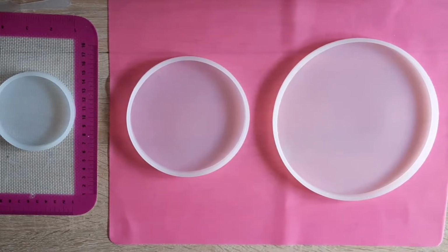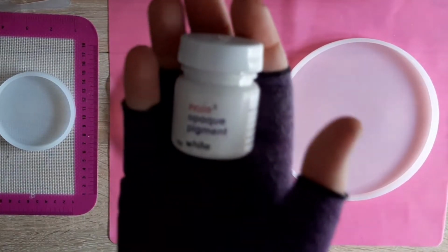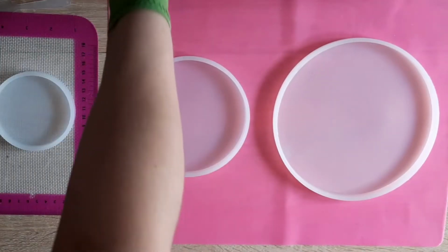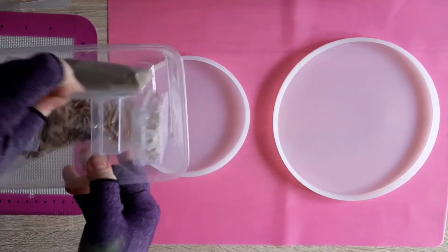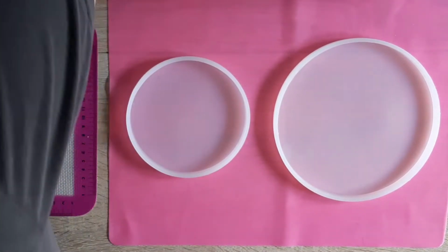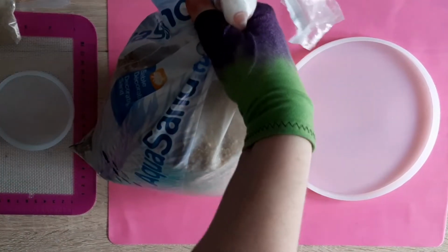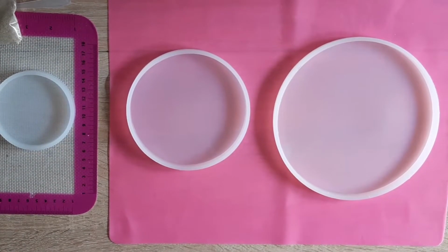Pigments from Resin 8. I've got my Resin 8 opaque white, which is just the best thing in the world for making waves and sails and lacing. I've got my bag of seashells and starfish. I also have some Resin 8 fine sand, some shells that I collected on holiday, not sure if I'm going to use those. And then I have my thicker aquarium sand. Mix up my resin and I will